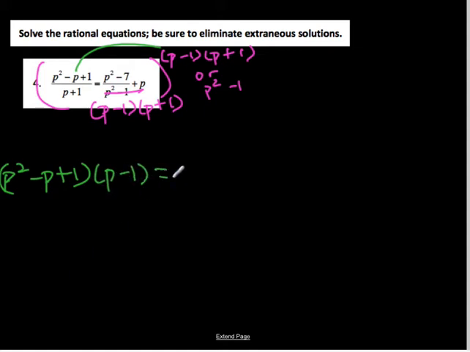Will equal, if I take this and multiply it, my denominator will cancel. So I am going to be left with what I have in my numerator. Plus, now we're on to this last piece. There is no denominator here, so nothing will cancel. So I'm going to write it as p squared minus 1. So it's p times p squared minus 1. Okay, so now I would distribute